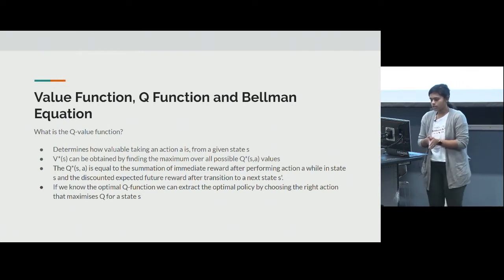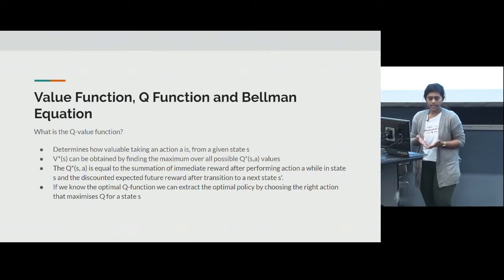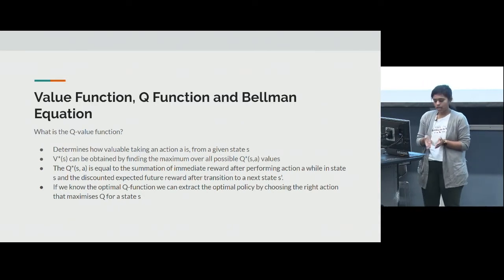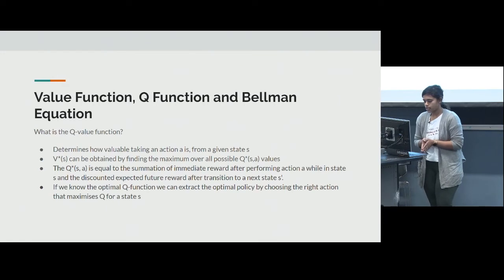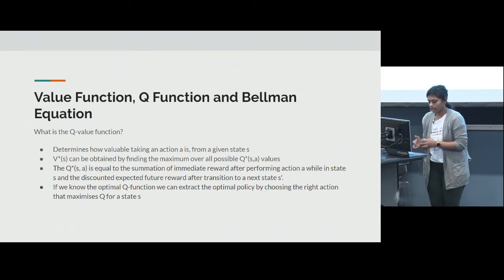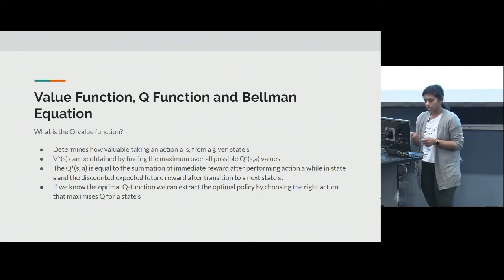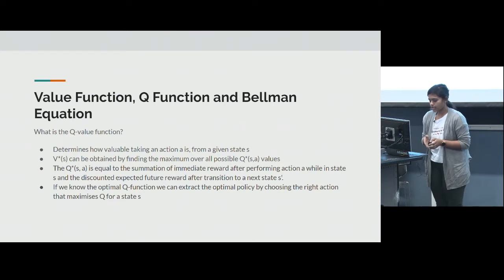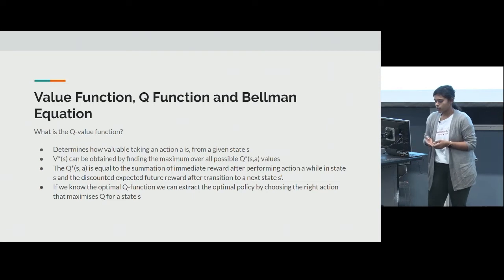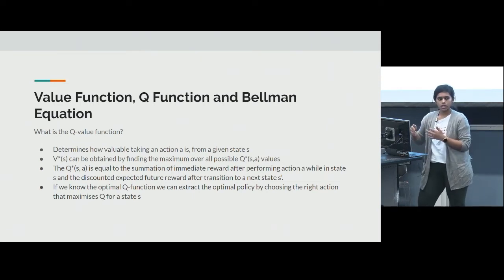So when we were talking about the value function, what exactly is a value function? The value function tells you how valuable a given state S is for an agent, and the value function depends on the policy using which the agent performs the actions. The value at a particular state using a policy pi is given by this equation, V of S equal to the expected value of the rewards, and it is also offset by a discount factor, because we would assume that the actions that we take in further time steps are not as important as the ones that we take immediately, and therefore we use this